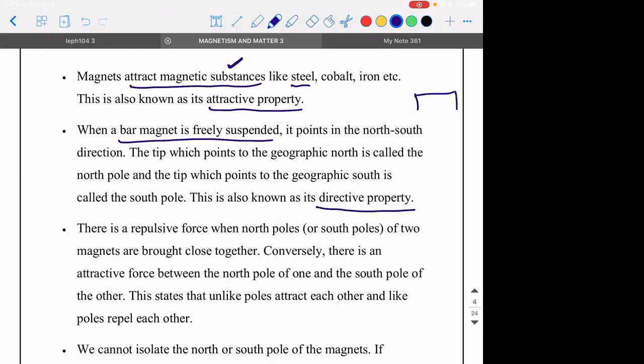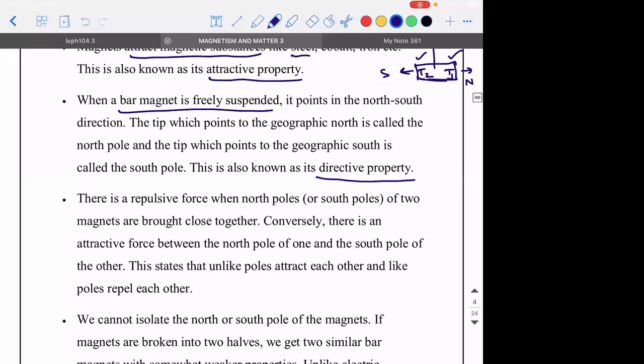This means if you take a bar magnet and tie it to a thread and suspend it freely, it will start revolving, and at one particular instance, it will stop. Let's say there is no point given, but you know which side is north and which side is south. If this tip points towards the north, then it is called the North Pole. And this tip, if it's facing geographic south, we call it the South Pole. Okay.